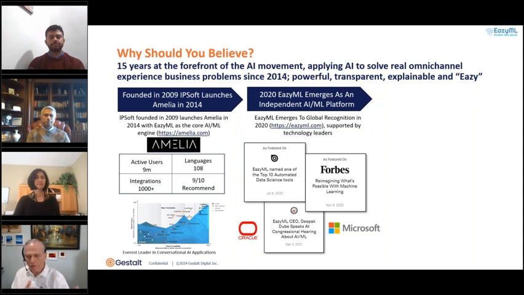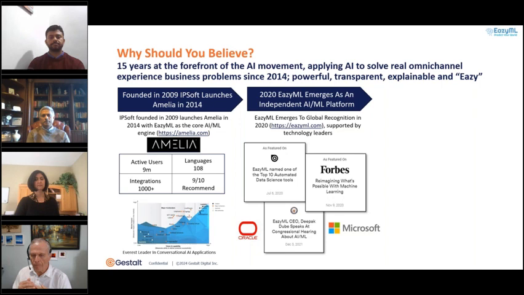So if you know how conversational AI engines are built, very simplistically, they have an interaction layer at the front, which is how it talks to you in 108 languages. They have an integration layer at the back because you have to plug these systems into all the existing enterprise technologies in a company. You can't tell them to go spend $50 million on a customer data platform with real-time data before you can do any work. And then in the middle, they have an AI ML layer, which kind of makes sense of what's behind them and drives the conversational layer. So EasyML is that middle layer and brings all the things which Deepak will talk about in a minute that made Amelia and still make Amelia such a powerful platform and leader in the space that they operate.